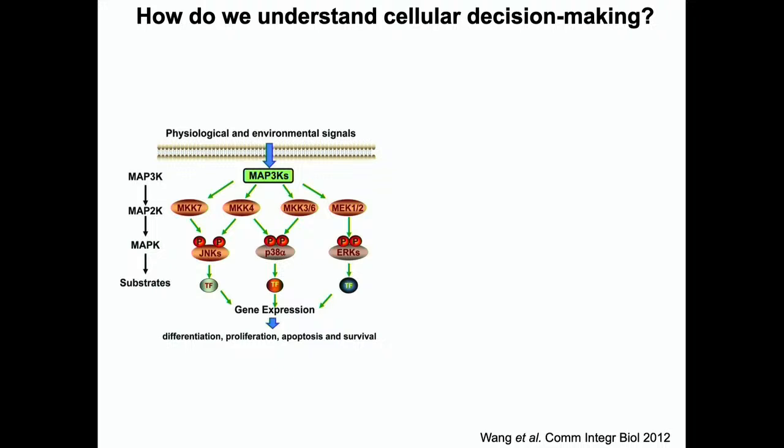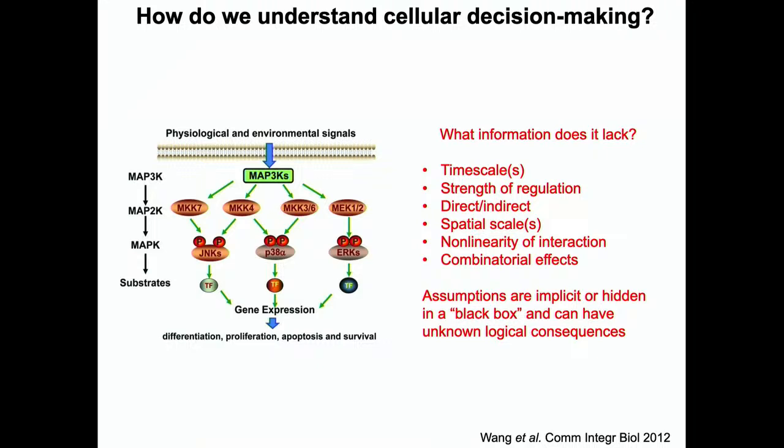This diagram alone cannot give us that information because there is a complete lack of any quantitative details present here. Right? So what we do not have at all in this good first initial model, although not parameterized, not a mathematical model, but still a model in terms of a schematic, is time scales and strength of regulation. So, is each of these phosphorylation reactions happening at the same rate?